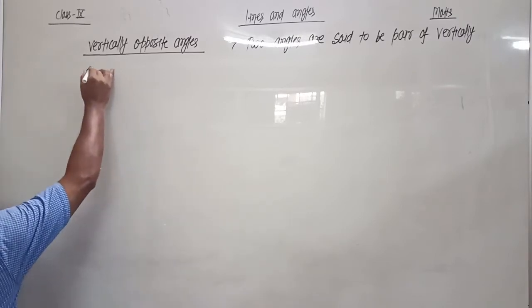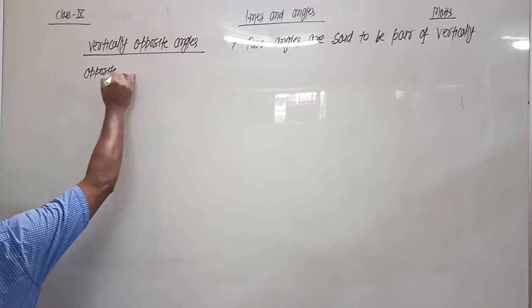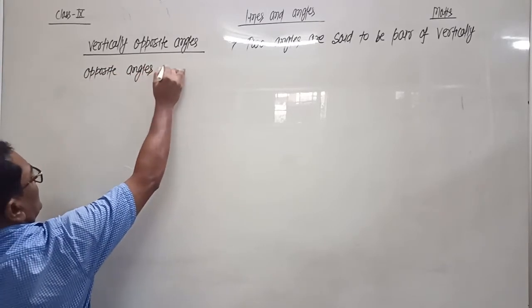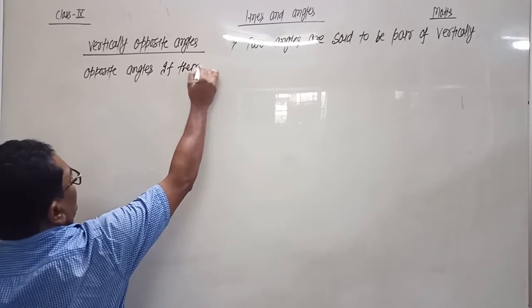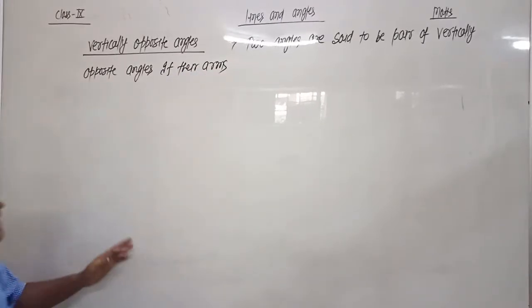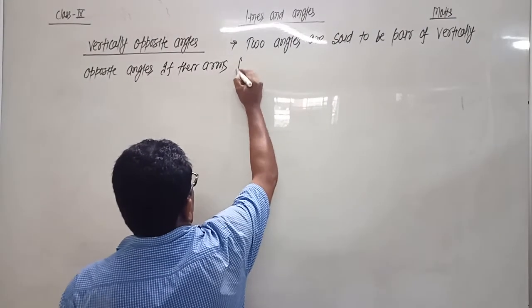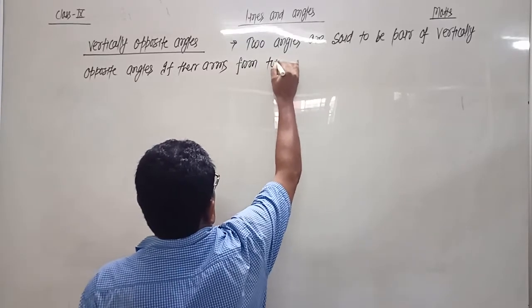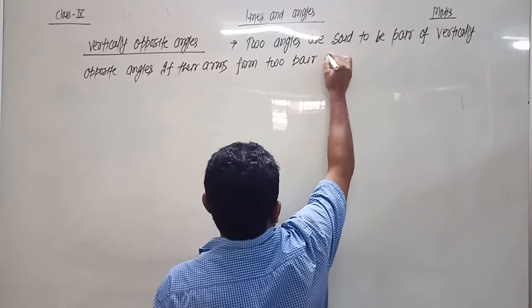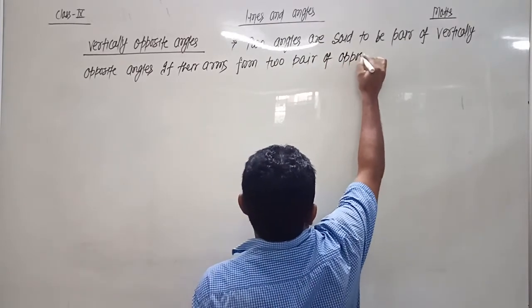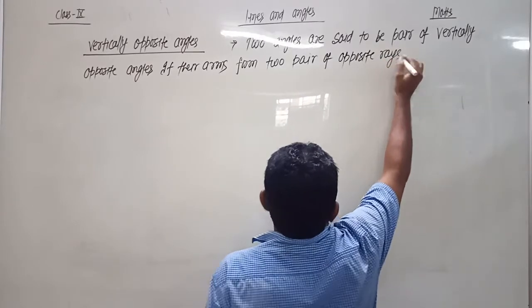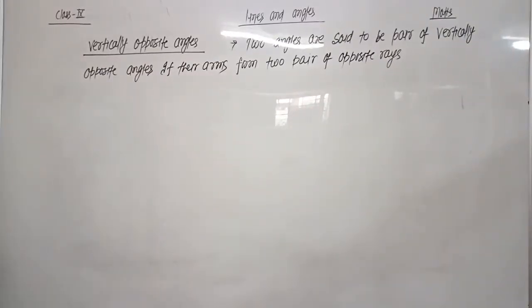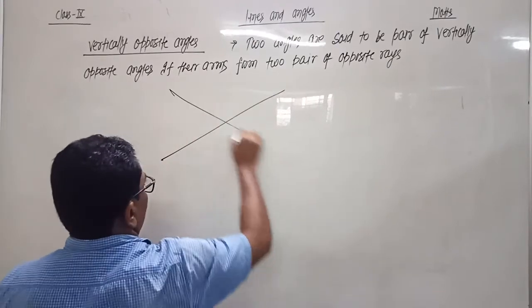Two angles are said to be a pair of vertically opposite angles if their arms form two pairs of opposite rays. Suppose there are two lines